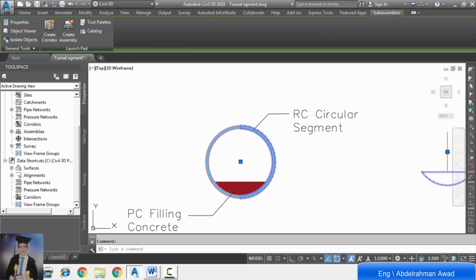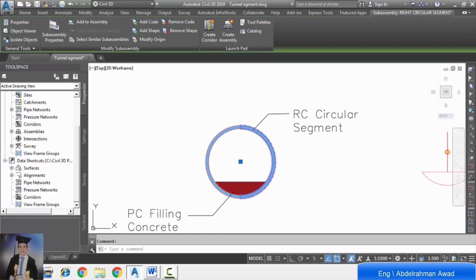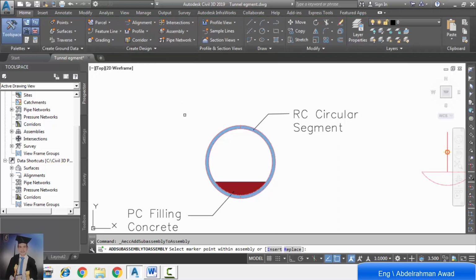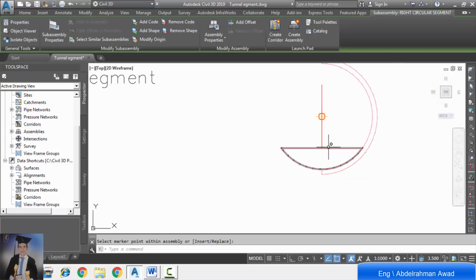We'll start with the right half circular segment. Click add to assembly and we'll click on this point. So the right half circular segment is added to the main assembly.